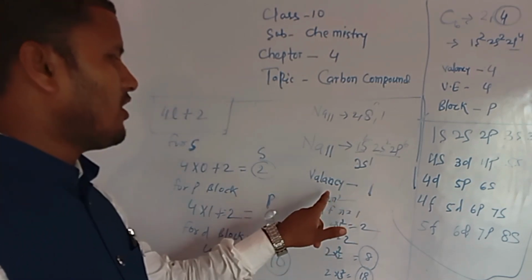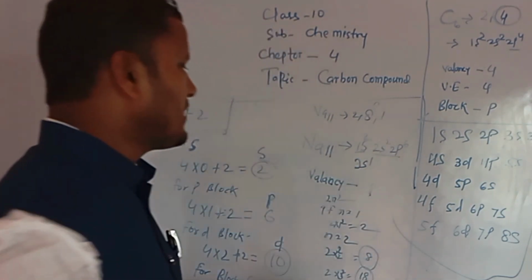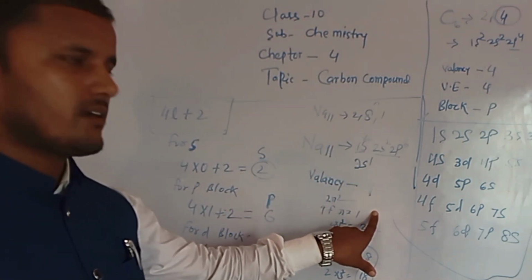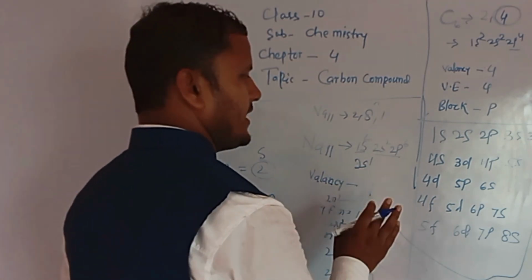So the valency of sodium is 1. Easy? Okay. We can find valency